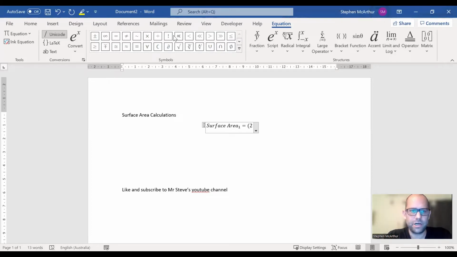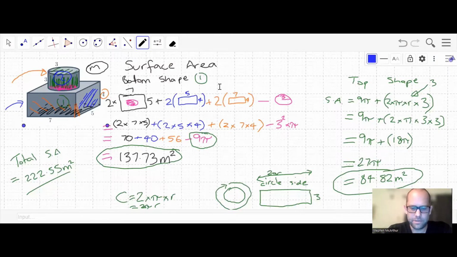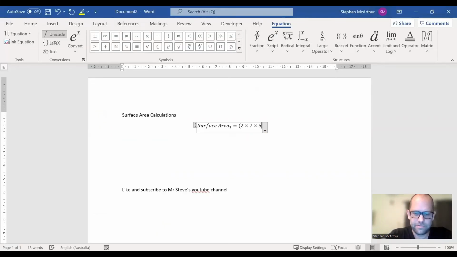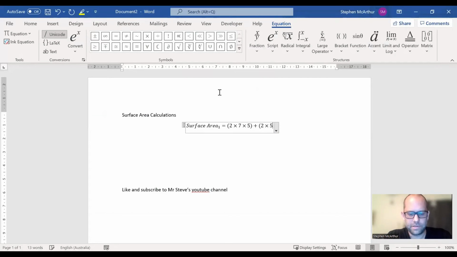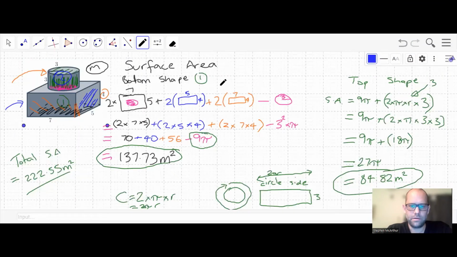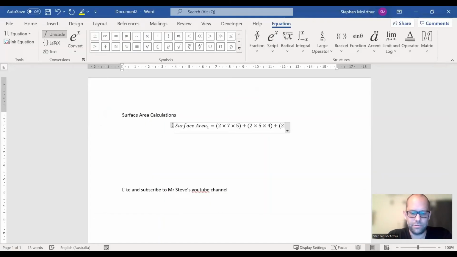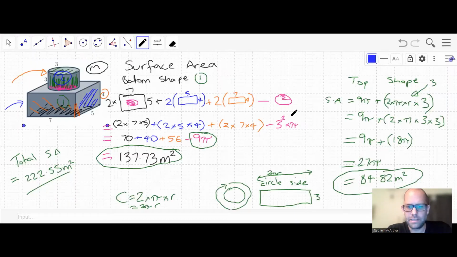2. Now there's a times button up here. Times. Just going to copy that into my clipboard so I can do this really quickly. What was it? 2 times 7 times 5, plus 2 times 5 times 4. Plus. The next one was 2 times 7 times 4, I think is the one I'm missing. And then it was minus, I'm going to go straight to this bit,